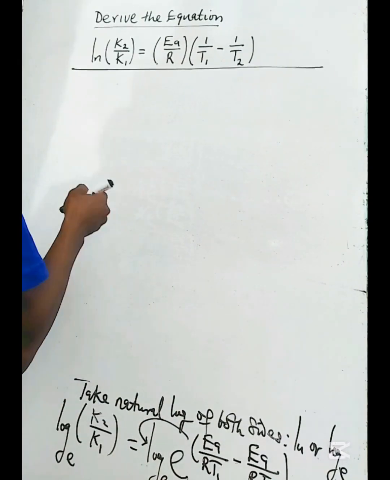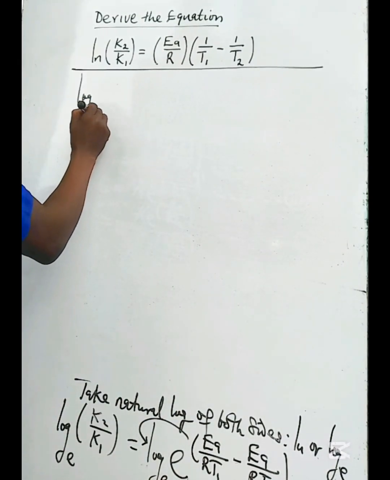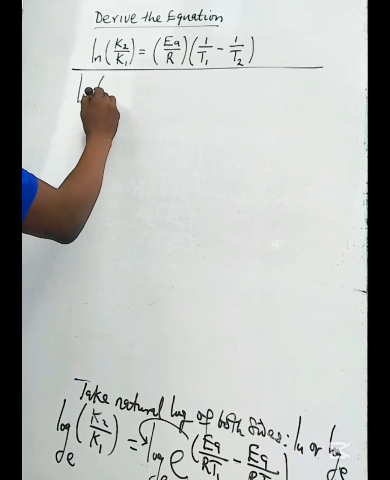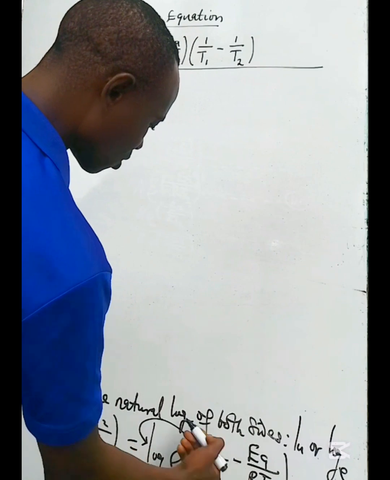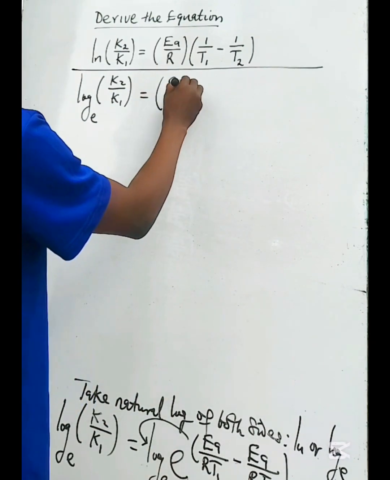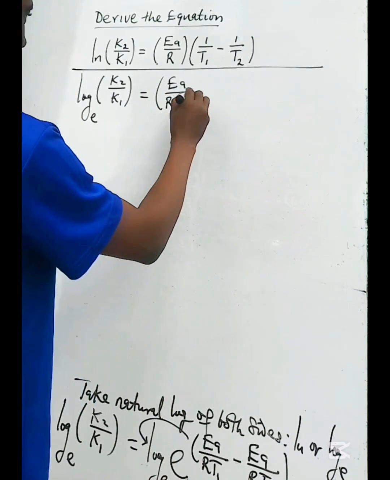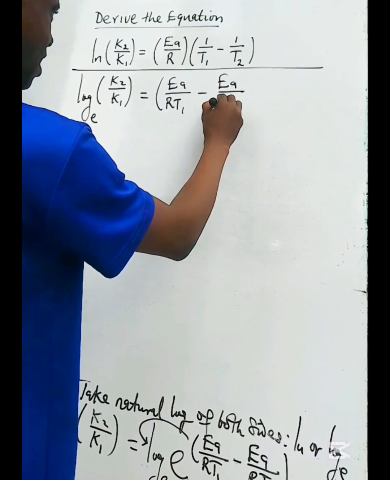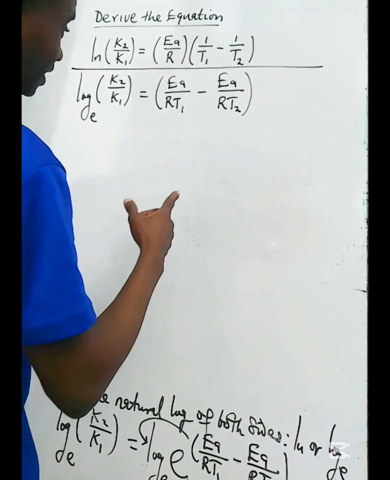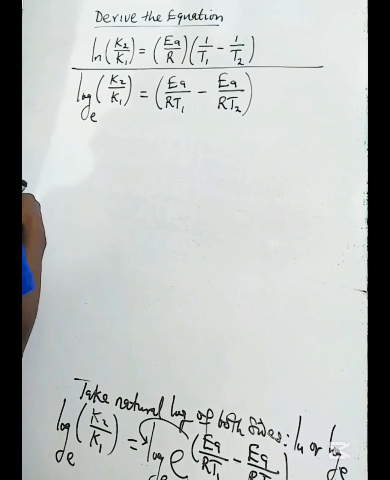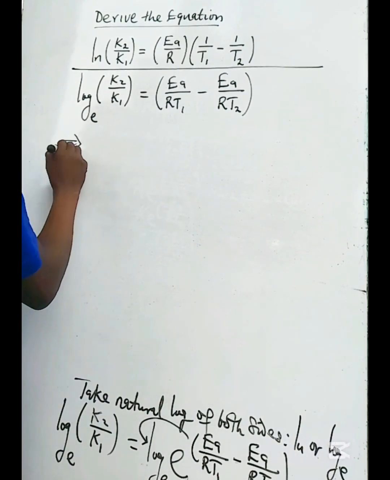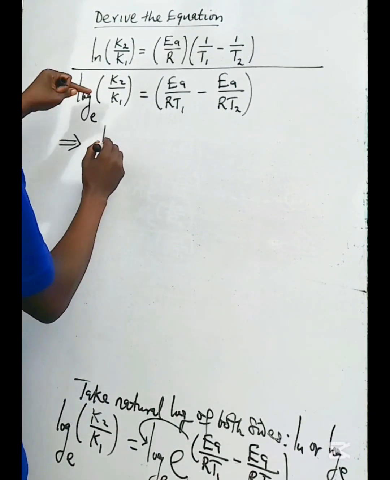So we have log in base e of K2 over K1 equals, now this power comes here and we have EA over RT1 minus EA over RT2 times log e base e, which is 1. Log in base e is the same thing as ln. So we have ln